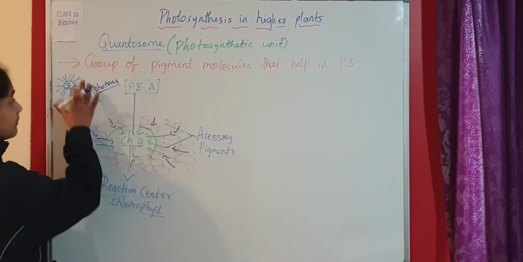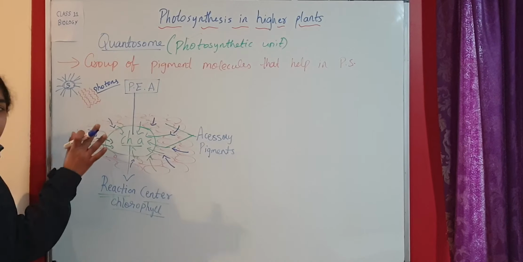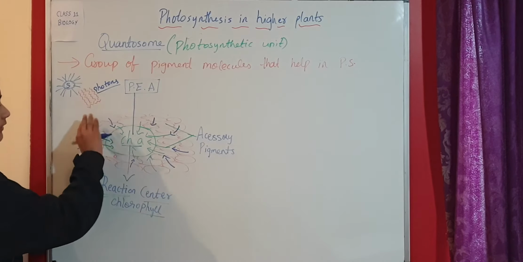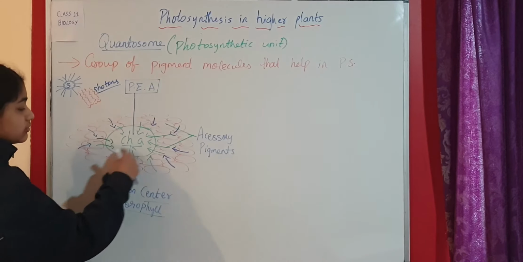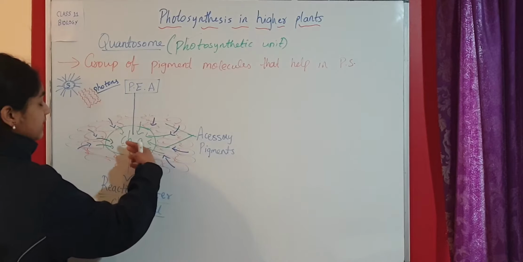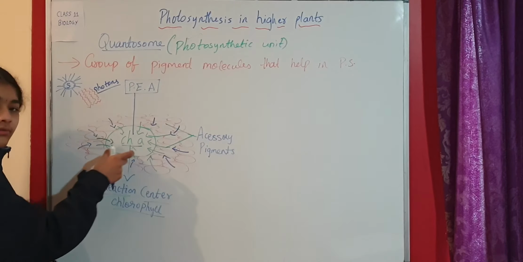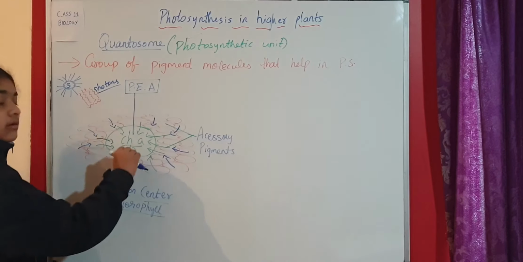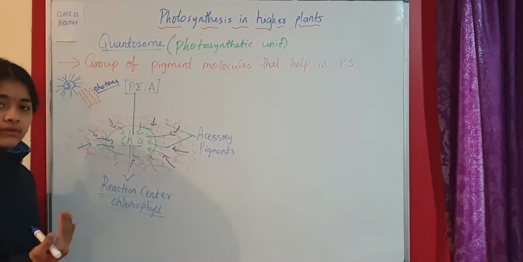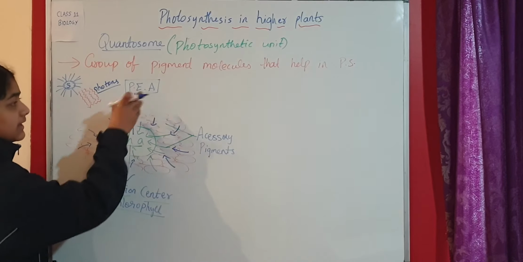So chlorophyll A, again let's recap. The energy from the sun comes and falls on the outer pigments, and the outer pigments pass on the energy to the inner ones, like that, and then the inner ones also pass on the energy to the chlorophyll A, the main pigment, and then the atoms in the chlorophyll A pass on the electrons to the primary electron acceptor.